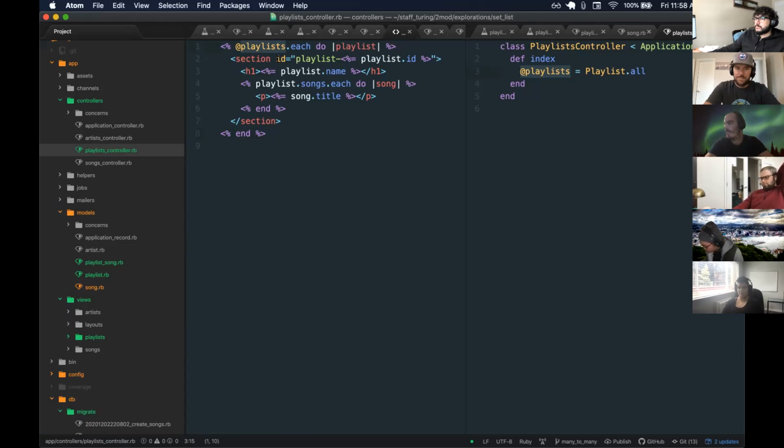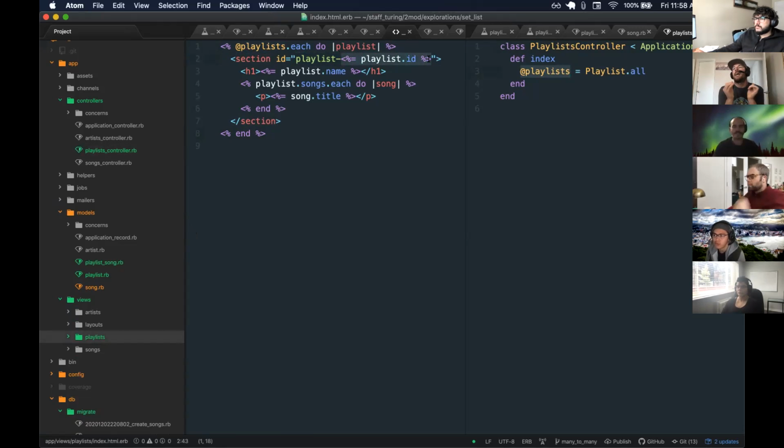All right. And so there's a number of connections happening here. But remember, every playlist is going to have an ID. So I can assign my ID dynamically by putting it in quotes here. And now each time through this loop, this gets assigned dynamically via my ERB tags, right? So each of these playlists is going to have a different ID, and now I can depend on targeting a specific playlist on the page via this selector. All right, so this is very powerful when it comes to being able to test and being able to target things